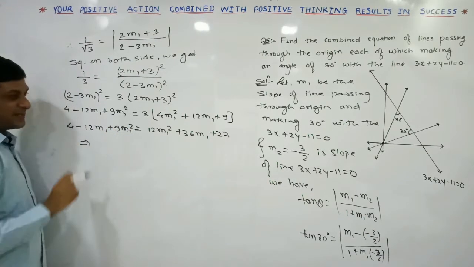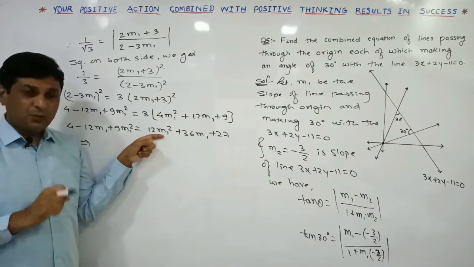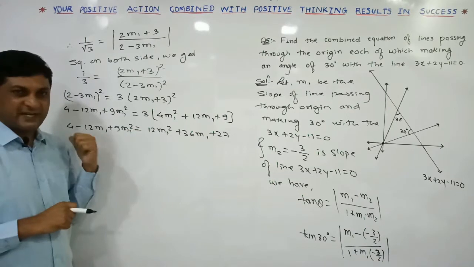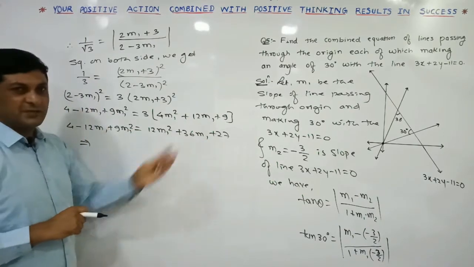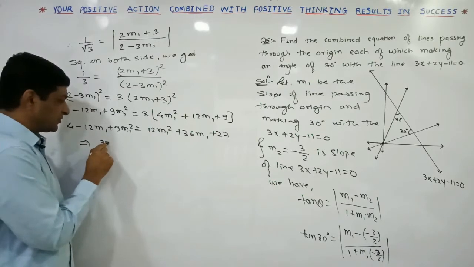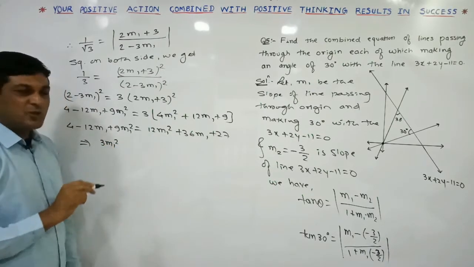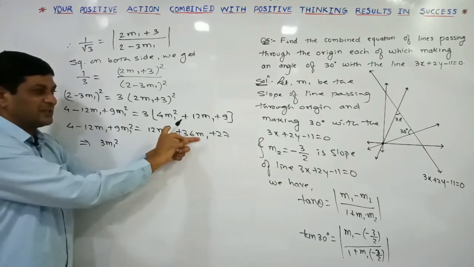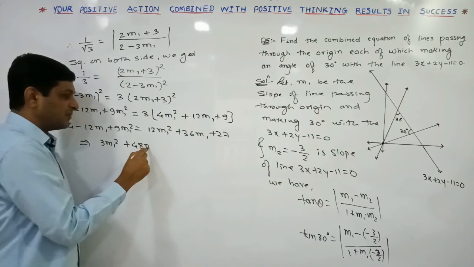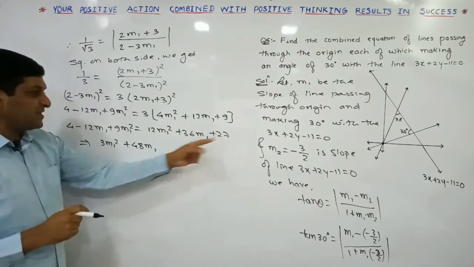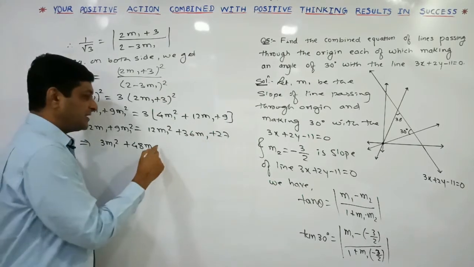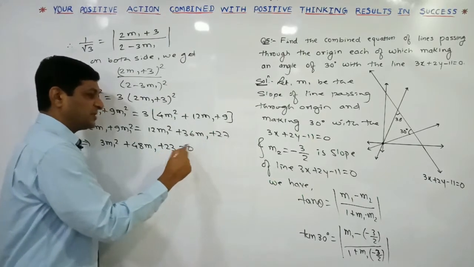So this implies that, if you observe here, the coefficient of m1 square is greater on this side compared to the left hand side. So we are collecting all these terms on this side. So 12m1 square minus 9m1 square will be equal to 3m1 square. Then collect the terms of m1. 36 and minus 12 on this side will become plus 12. 36 plus 12 will be equal to 48m1. Lastly collect the constant term. 27, keep it as it is, plus 4 on this side will become minus 4. 27 minus 4 will be equal to 23, is equal to 0.